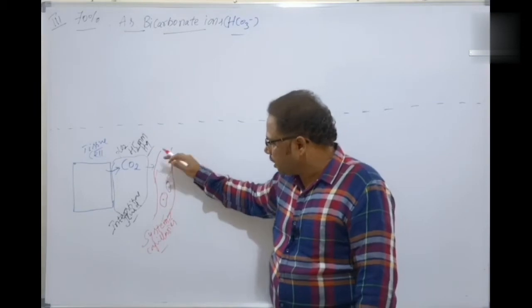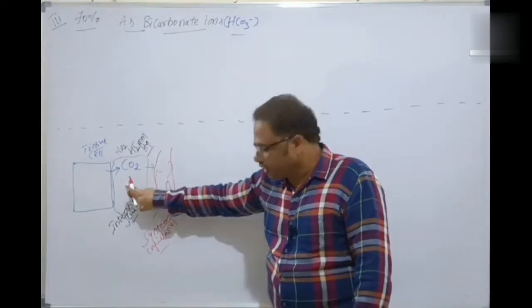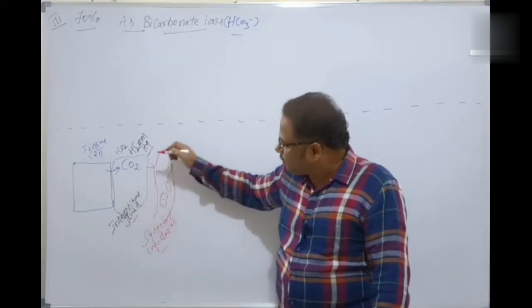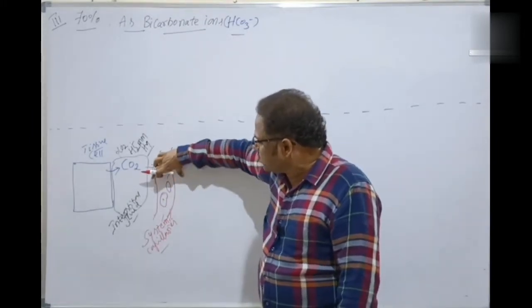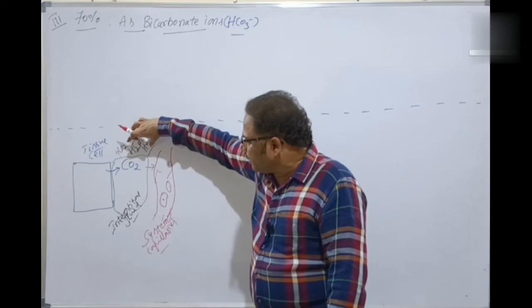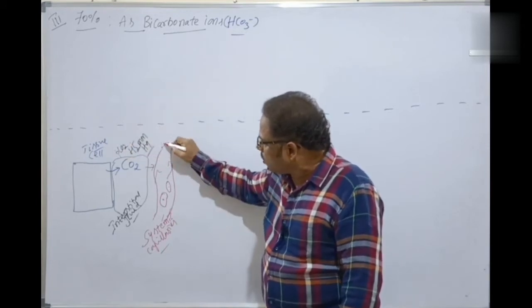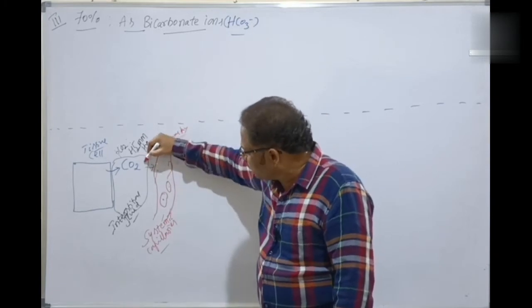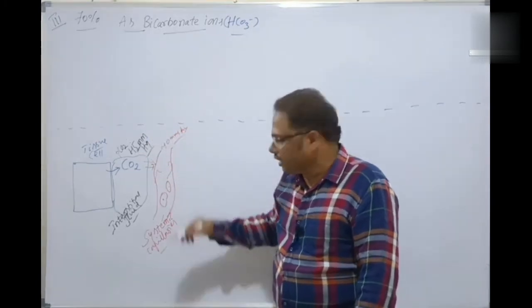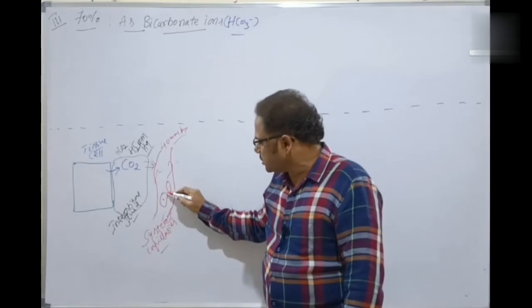Based on this, it is diffused to which one? To the interstitial fluid. The carbon dioxide is diffused to which one? Systemic capillaries. And in here, the partial pressure is comparatively lesser, around 40 mmHg compared to 45. Then it diffuses into the systemic capillaries, which contain the RBCs. These are the RBCs here.